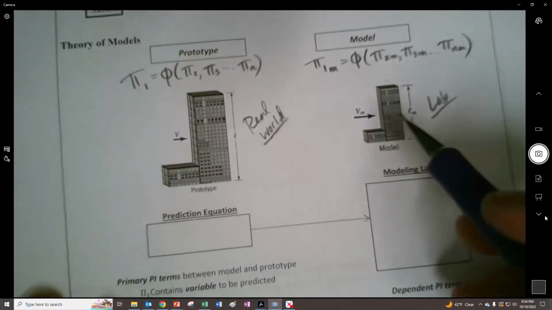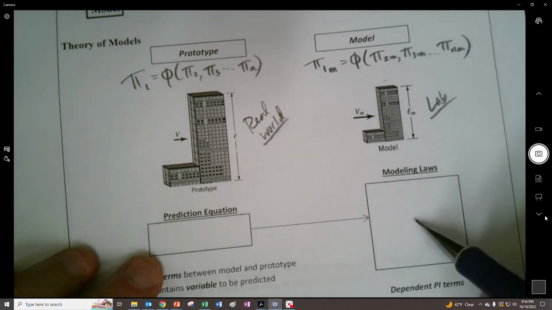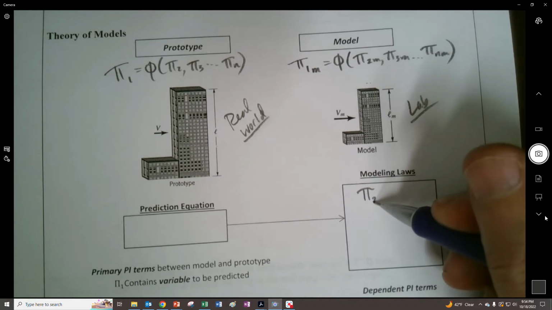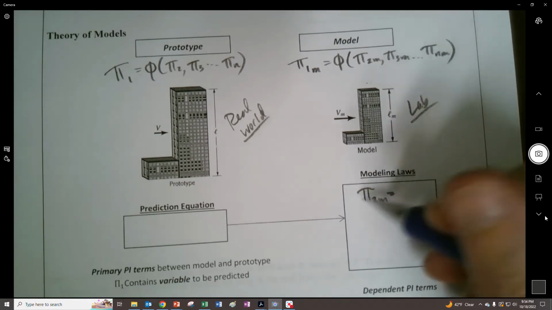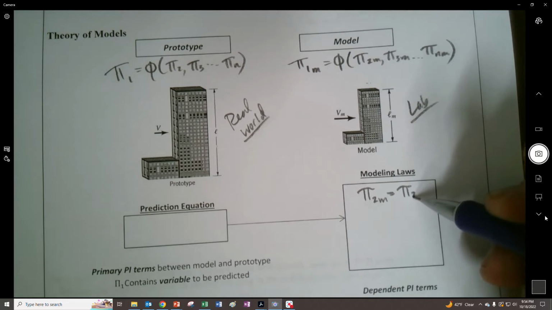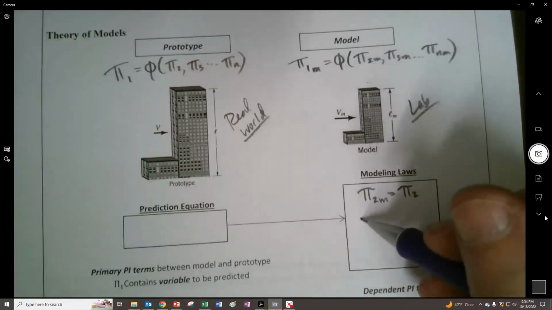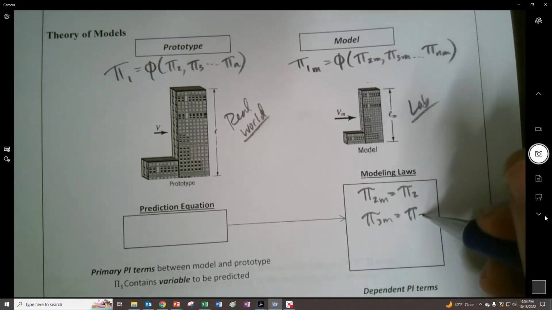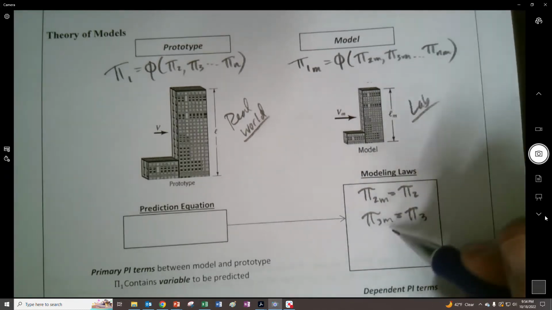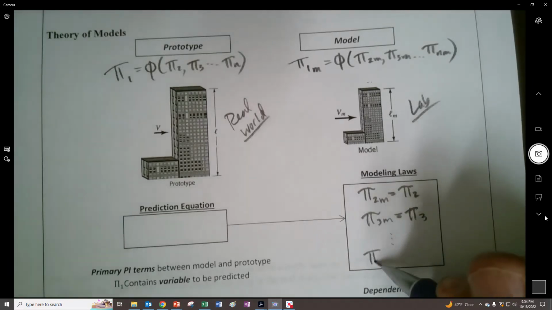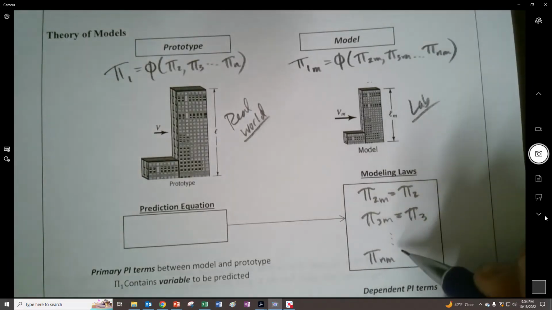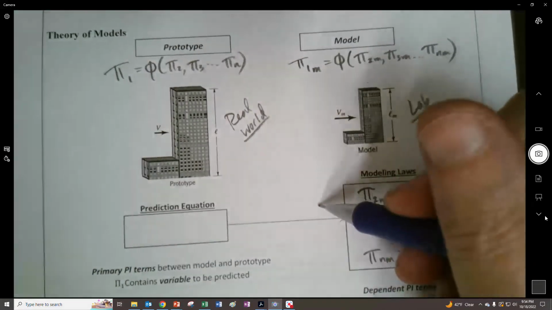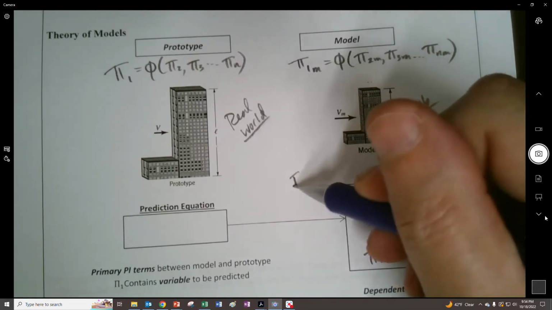So over here we have these modeling laws, which is to say that we need to have the model for pi 2 match the real world, and that we need to have the model for the third pi term match. We need to have all of these pi terms match, dot, dot, dot, including the nth one. And if that's true,